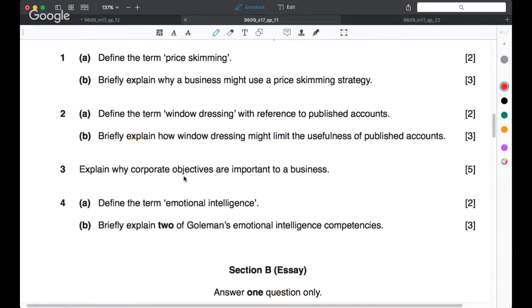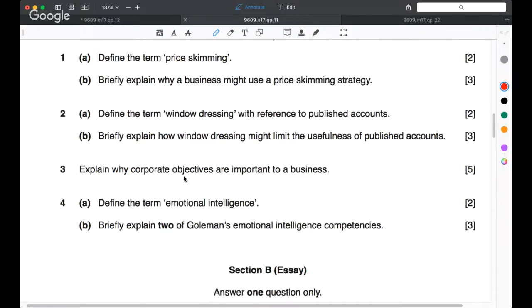4A, define the term emotional intelligence. Emotional intelligence. What does it actually mean? Again, not looking at anything other than a statement, a definition, a one-line statement, not expecting it to be expanded upon. So emotional intelligence is the ability of managers to understand their own feelings or emotions and those of the